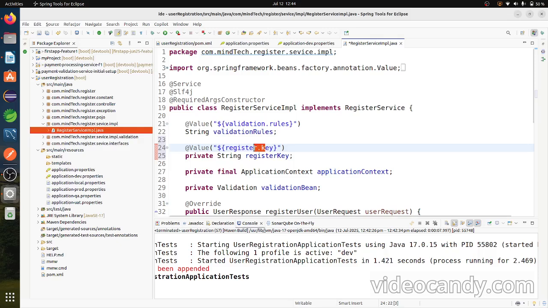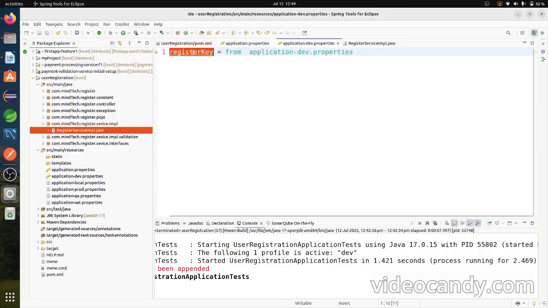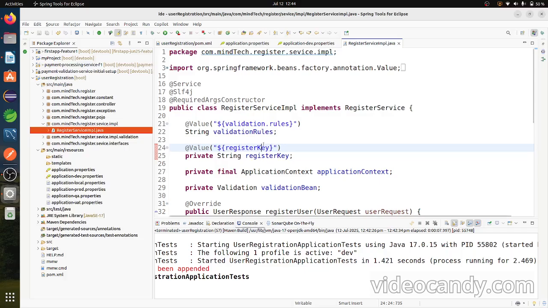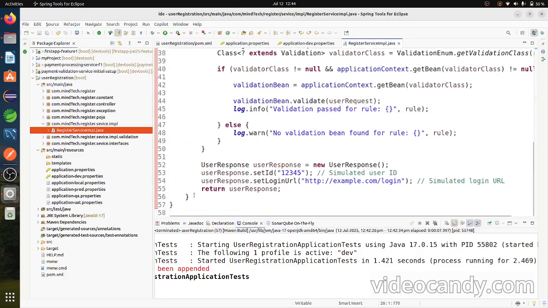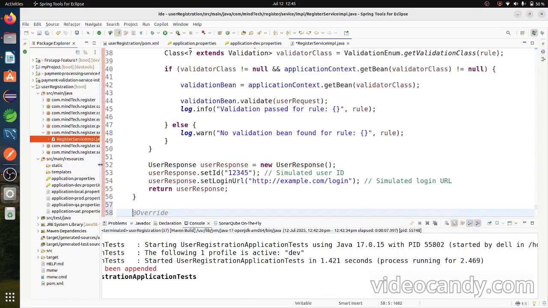So here I have taken J. So whatever I have taken, that key I have to pass here. Then I will get the value and it will be initialized to this variable. So now I want to print that one. If I want to see whether that configuration is taken or not,